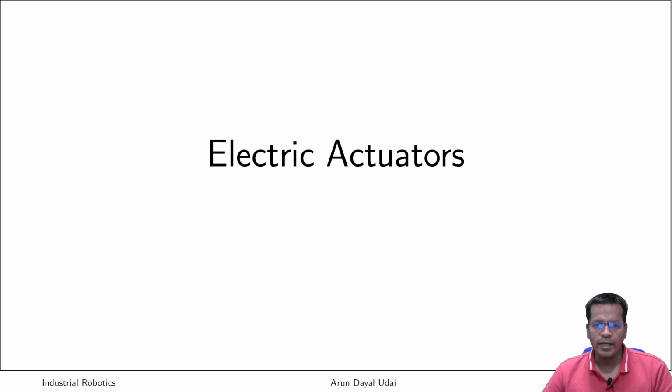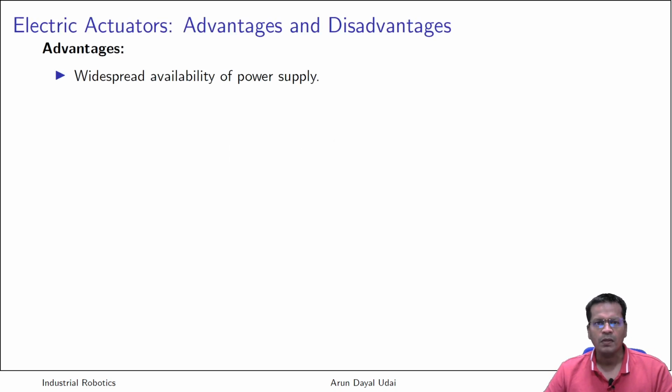So why is it important over there? Because pneumatic and hydraulic actuators have their inherent problems, which we have seen a bit while we were discussing the classification of industrial robots also. Okay, so now we'll look more closely at those. Electrical actuators have their own advantages and disadvantages also.